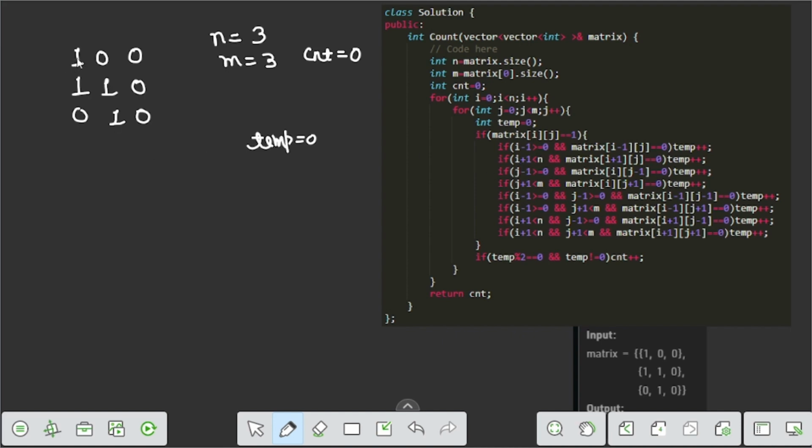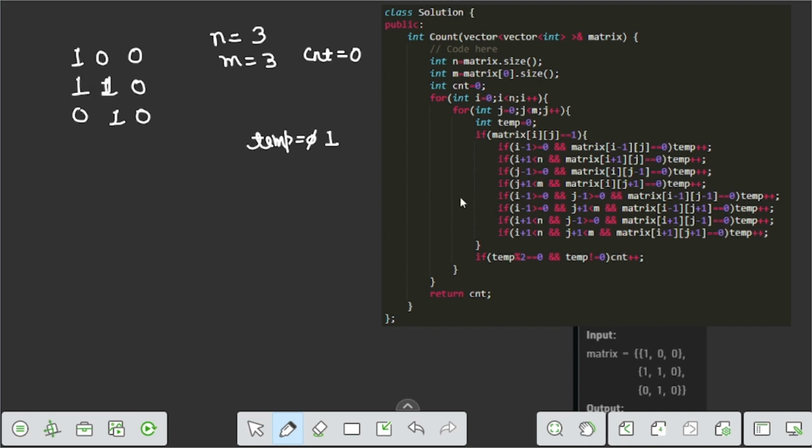So in the right direction there is a 0, and we cannot go up or left, but in the down direction there is a 1, and in the down right direction there is a 1. After calculating all these values, temp becomes 1, because there is one 0 in all possible directions.